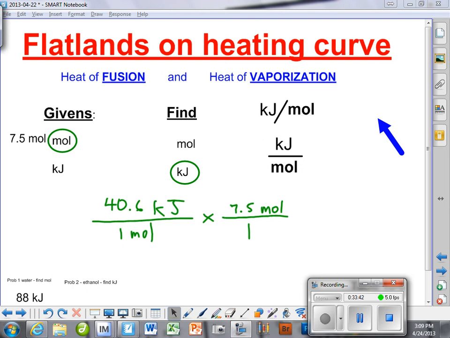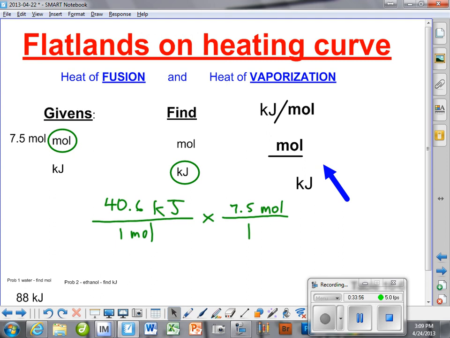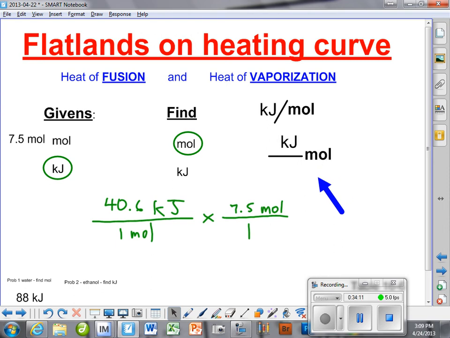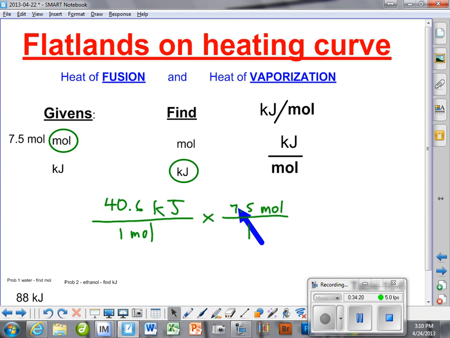So here we are working a problem with heat of vaporization. And with heat of vaporization, we have to be sure that we set it up properly as well. This heat of vaporization could look like that, or it could be like that. And when we turn it upside down, that's because we're looking for moles. In this particular case, we had it turned around this way because we were looking for kilojoules and we were given moles. So when we're given moles, moles becomes the number of moles over 1, and this guy has to have kilojoules